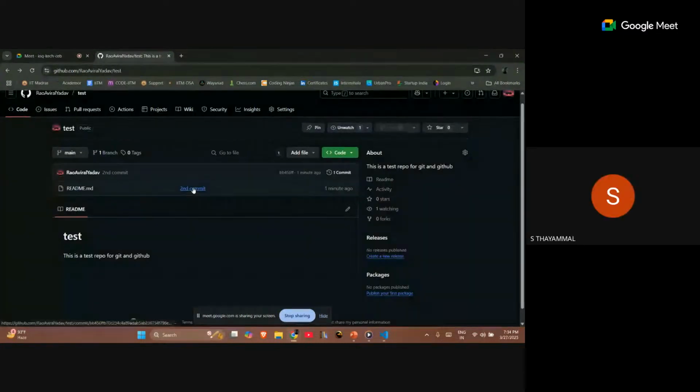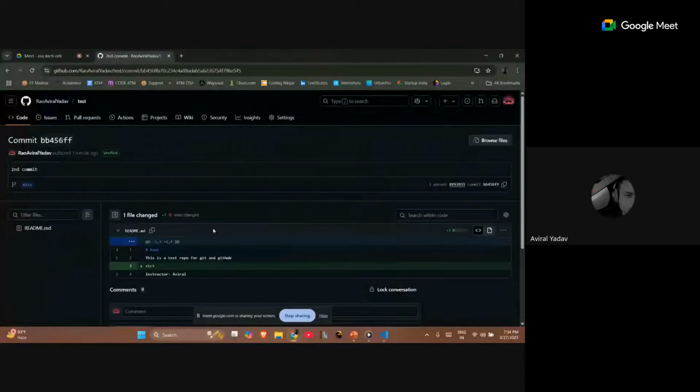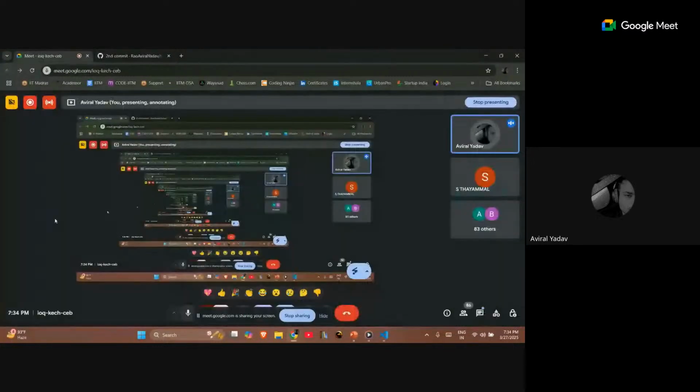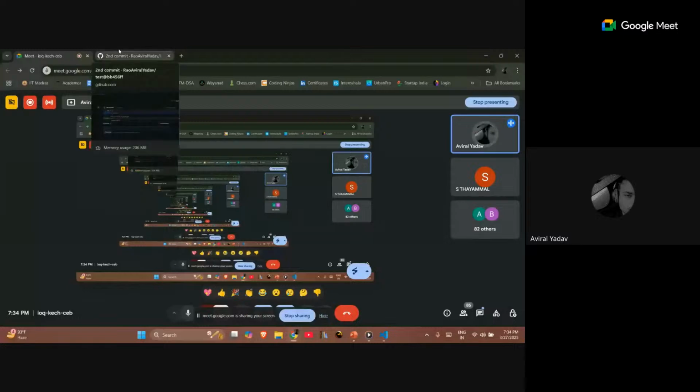Which option do we need to take? Just go to the commit. Or I'll show you with the help of Git. Once I open it in the code editor, I will show you through it. It will be much easier to navigate, and you will also be able to learn through Git.